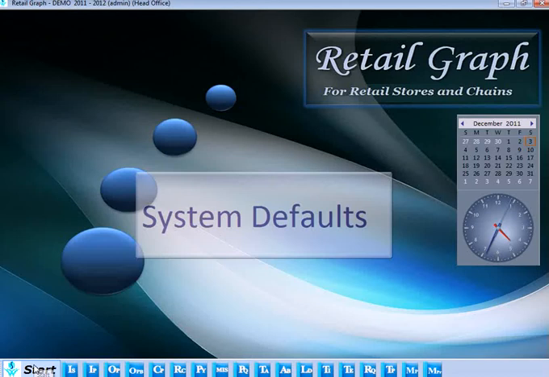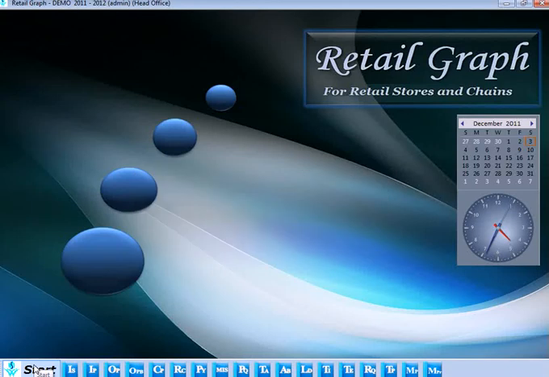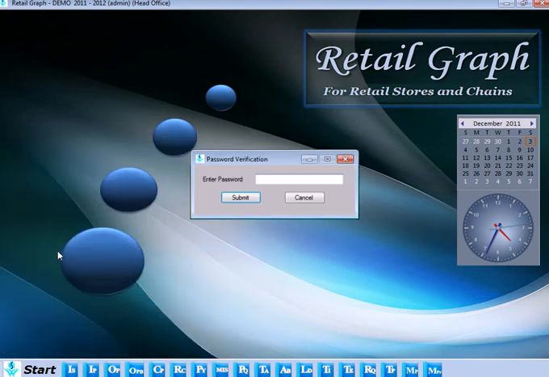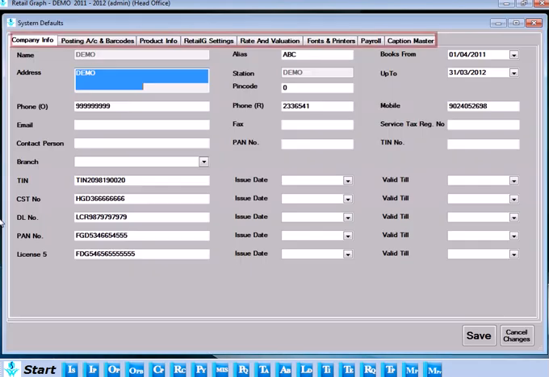Retail Graph is very flexible and offers various options which can be changed as per user requirements. To set the defaults of Retail Graph, go to the Options category and then click on the System Default option. Here you will be asked for a password, which is given to you at the time of installation of the product. Once you enter the password, the window for System Default will open up, where you will have multiple tabs